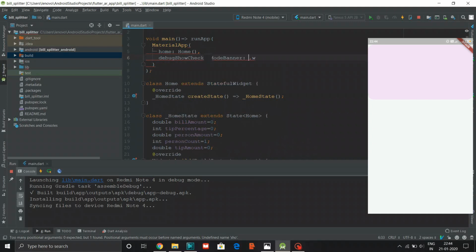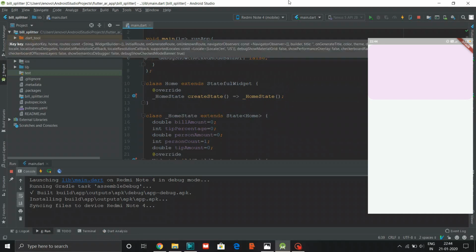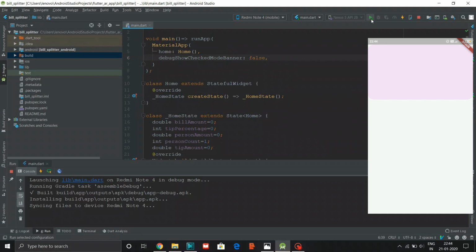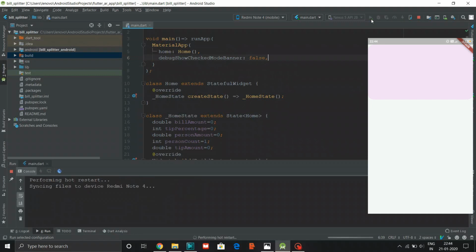We will make it false, and rerun our app, and as you can see, the debug mode banner which showed on the top right corner has now been removed. And I'm also going to add some padding,